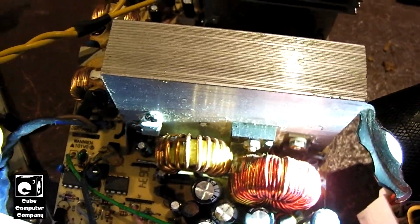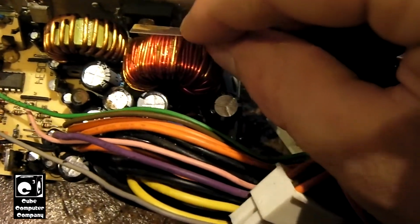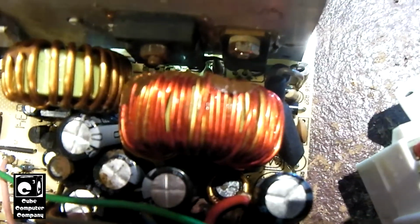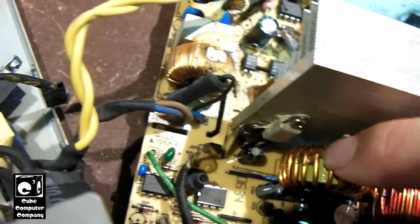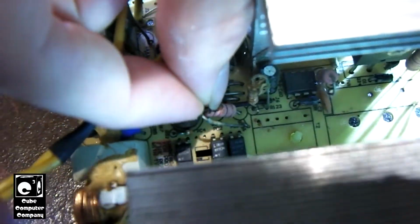But what it is, there was a piece of plastic that was, I think, right there. Somehow it got loose. Yeah, it came loose. As you can see, there's a small gap between the bolt, or the screw, on that rectifier and this coil. So you can just see how it's just, yeah. So yeah, you can see, for example,